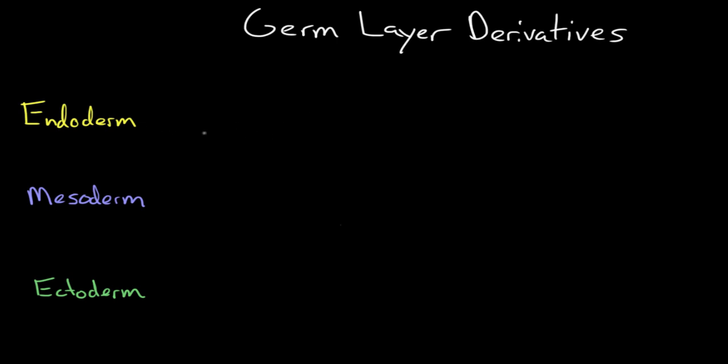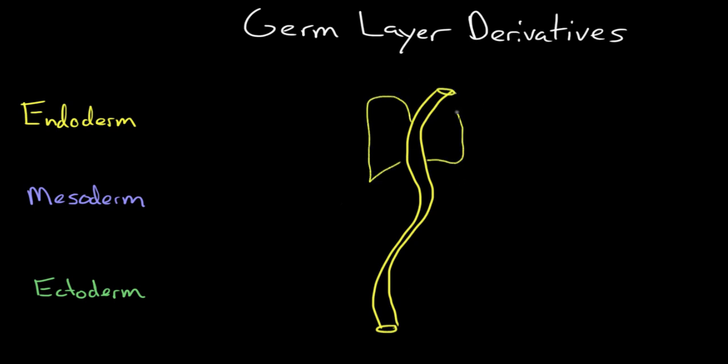Endodermal cells are primarily responsible for forming the gastrointestinal tract. So I'll draw the gastrointestinal tract as a tube here, at least to start out with. And we have holes at one end and at the other. So the lungs actually develop from the upper gastrointestinal tract, and of course the liver as well. And up here in the abdomen as well, we have the pancreas. And then of course that tube goes on to form the esophagus, the stomach, the small intestines, and the large